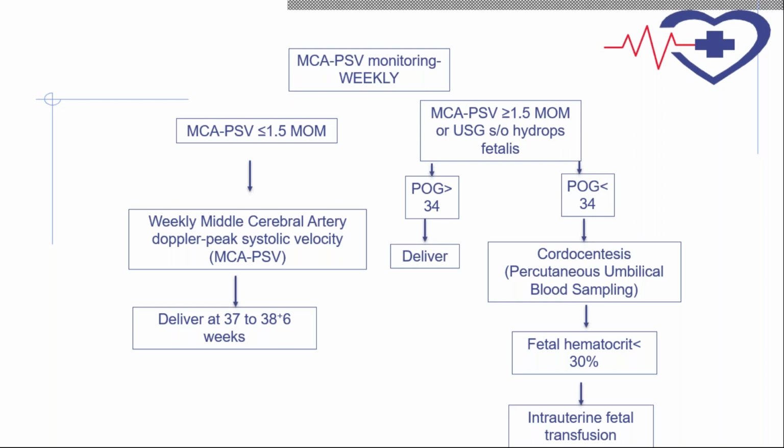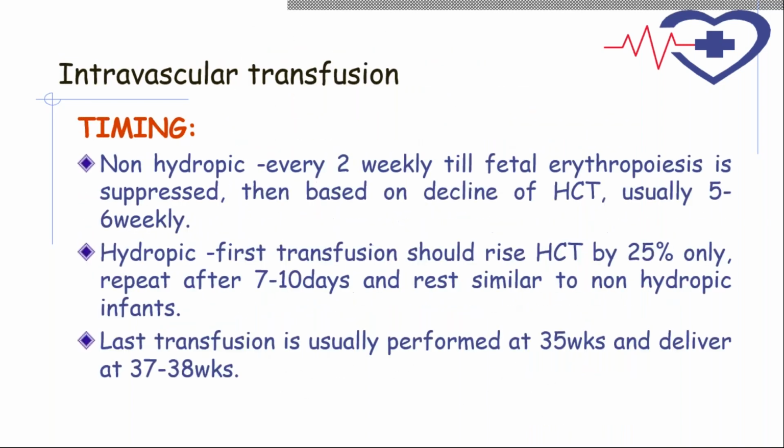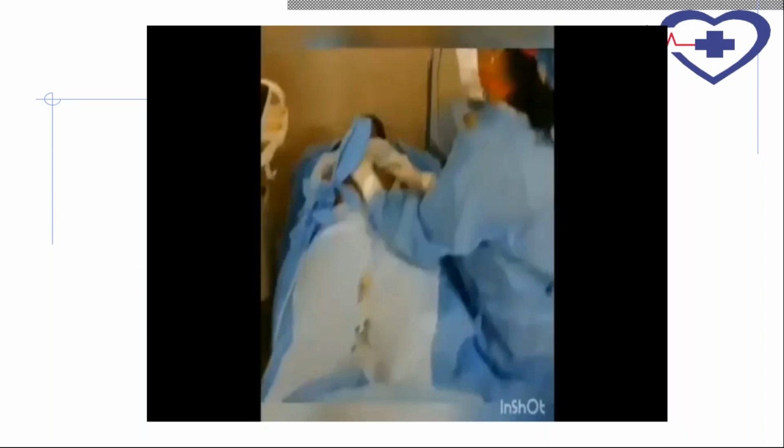If the period of gestation is less than 34 weeks, then now a fetal medicine specialist intervention is required. You have to do a fetal blood sampling, and you have to check the hematocrit, and then you have to do an intrauterine transfusion. Now, as far as all this is concerned, it has to be done in one go. We are doing it in our department. On Saturday only, I have done an intrauterine transfusion. The mother was carrying a severe anemia with hydrops.